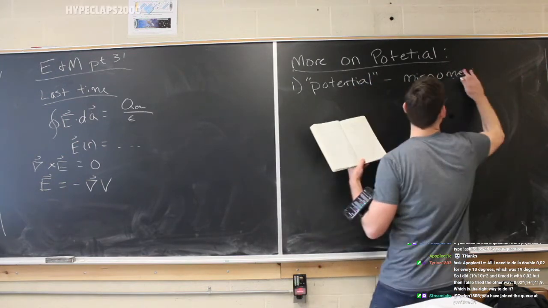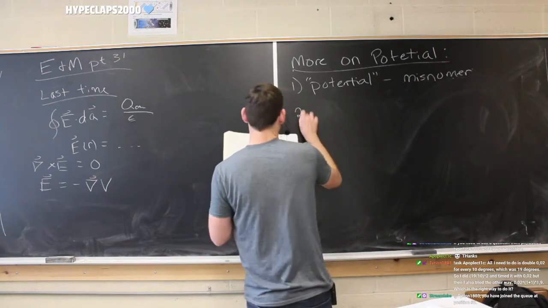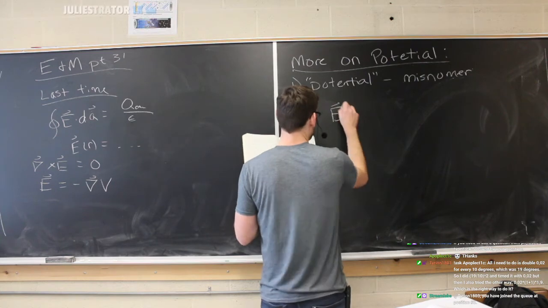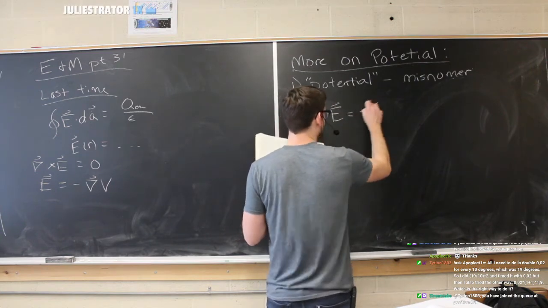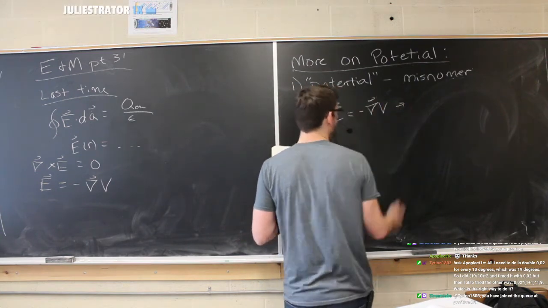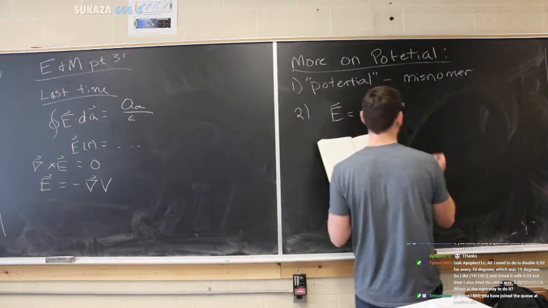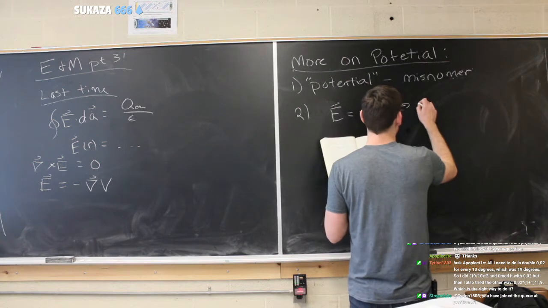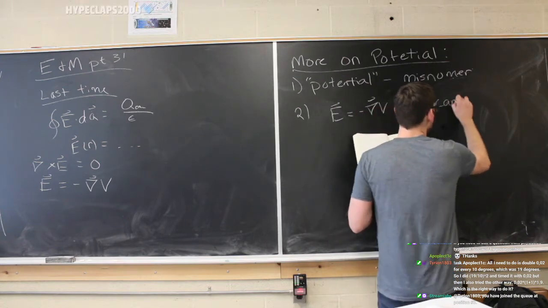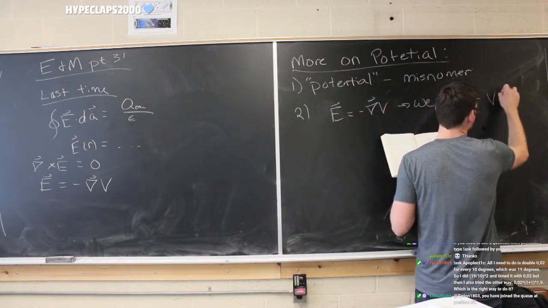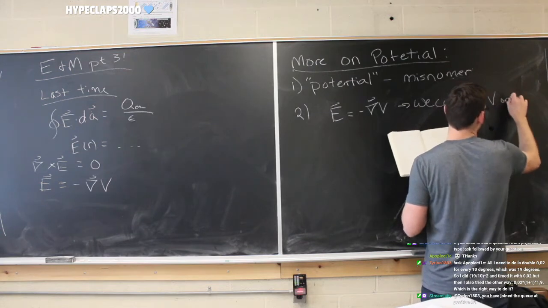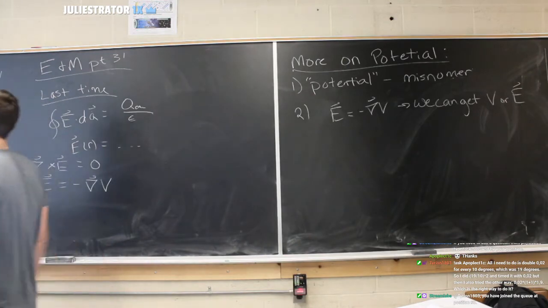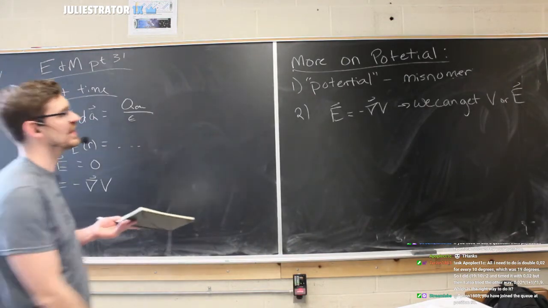And then the next thing is just going to be the advantage. What's an advantage? Well, with the electric field equal to the minus gradient of the potential, there's one thing, but there's two variants of that thing. And that is that we can get either V or E from one of them. So if we have E, we can get V. If we have V, we can get E. So that's really helpful. That's a very, very good thing to have.